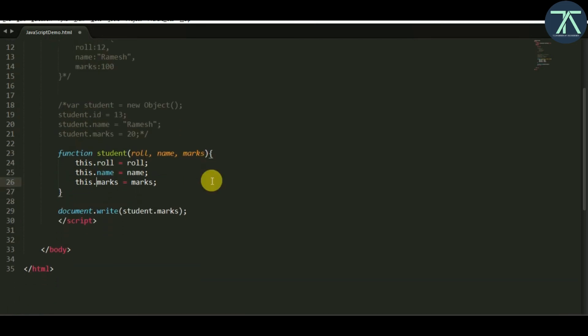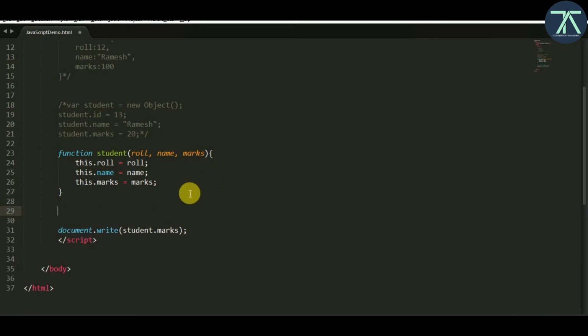If you do this, then your object is ready. So this is like a template. Your object has 3 properties, role, name, and marks, and you can create an object from anywhere in your code. Once this is done, you can keep this template in a fixed position, and you can call this function with the new keyword, and it will create an object for you.